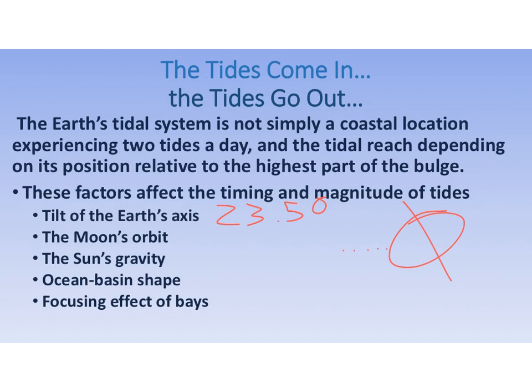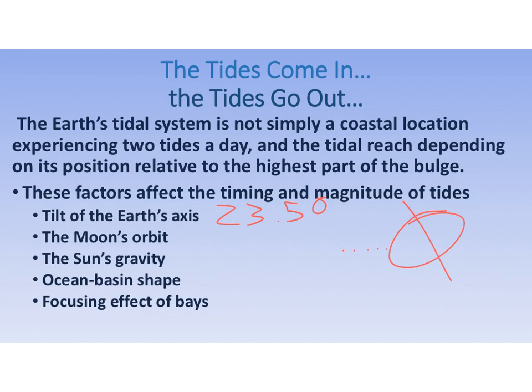It's not sitting in our ecliptic, which is why the moon doesn't block the sun every time it's in the new moon phase. It's why there is not a lunar eclipse every time the moon makes it to the full moon phase, because the Earth is orbiting the sun at a slight angle to the ecliptic. The ecliptic being, if you were to think like a tutu coming out from the sun, and then a tutu coming out from the Earth would be the ecliptic for the moon to be sitting in. So if the moon is at a slight angle there, and then the Earth is at a slight angle to the sun, all of these factors are going to affect the position of the